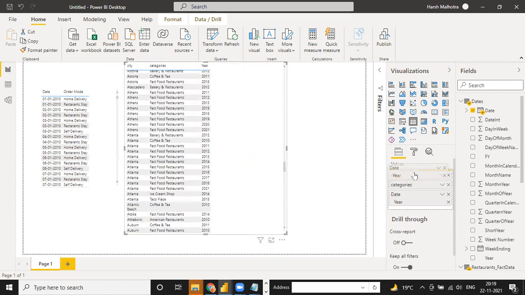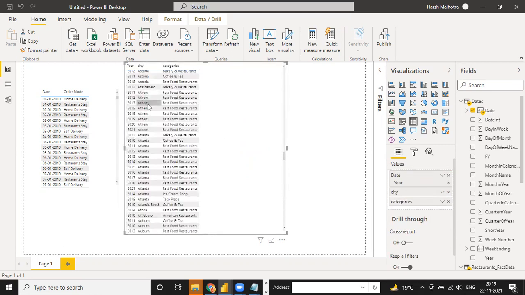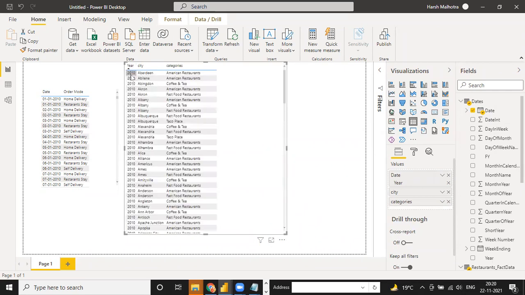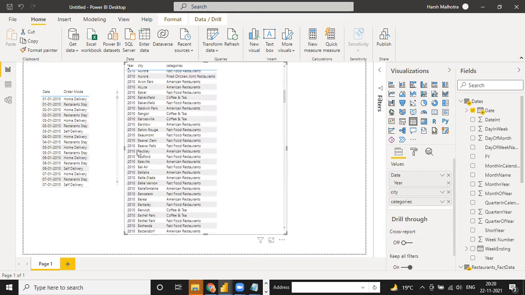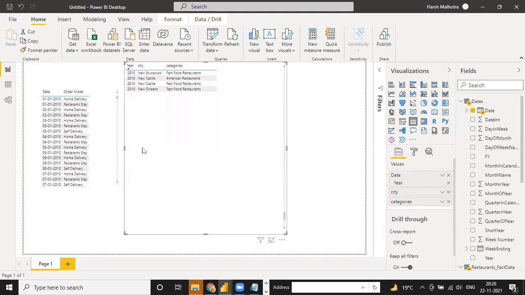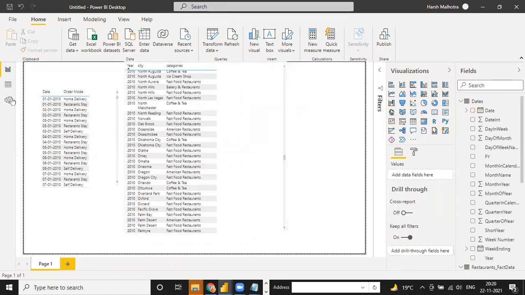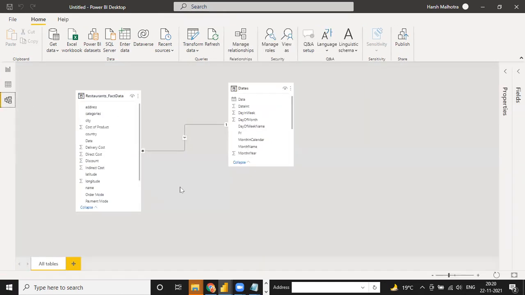Go to this above, and now see, in 2010, in this city, we have an American restaurant. In 2016, fast food. So one by one, it is alphabetical. When you click on year wise, 2010 total, we have 2010 wise data. So it is automatically connected because you have connected your dim table and fact table.